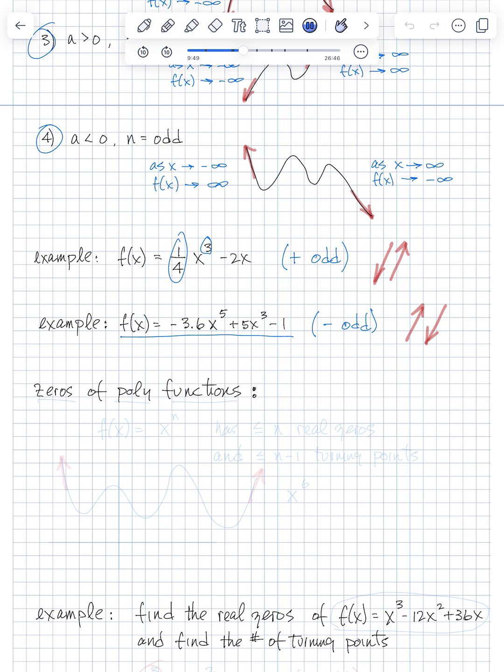Okay, a couple of things we know about zeros of polynomial functions. Let's say we had f of x equals x to the n, and this is going to have less than or equal to n real zeros. It can have some imaginary zeros, but it can't have more than n real zeros. It doesn't even have to have any, and we'll look at an example with that. And the other thing,